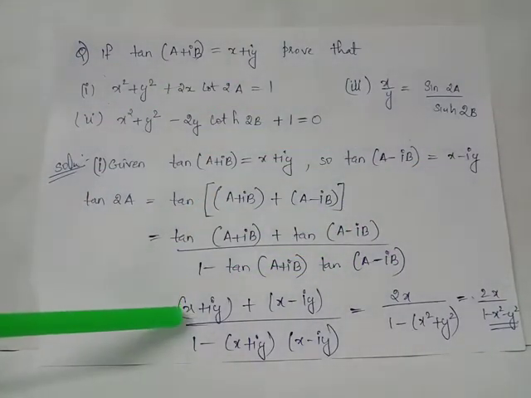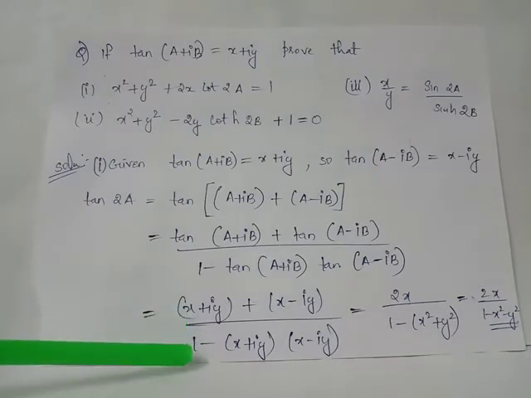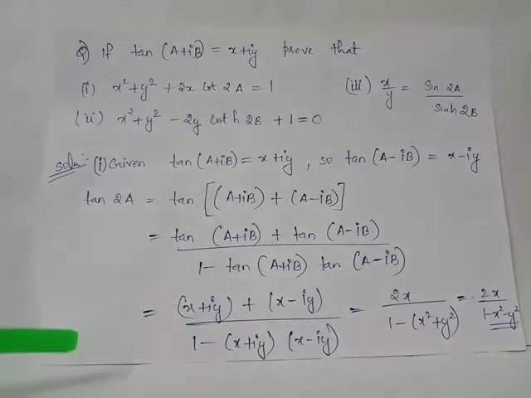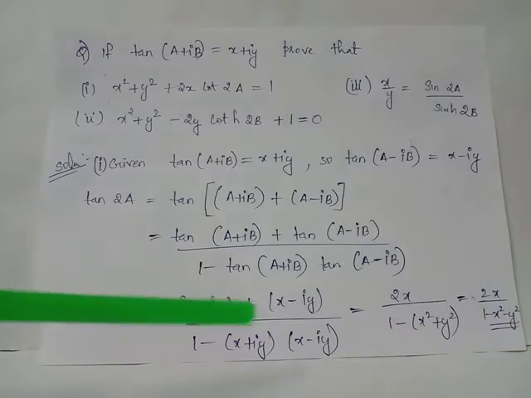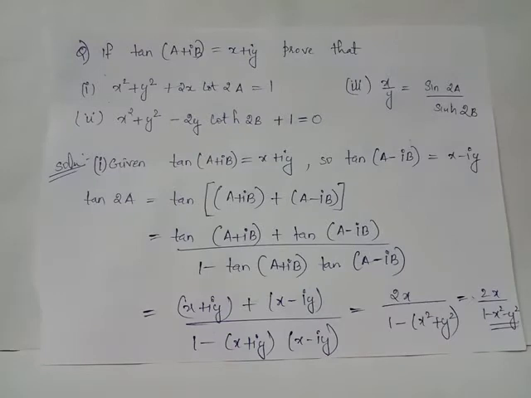Here in the numerator you can cancel iy and negative iy, it becomes 2x. In the denominator, this term is of the format (a + b)(a − b), which becomes a² − b². Here we have a equals x and b equals iy. Therefore we obtain a² − b² as x² − i²y². When we replace i² by −1, a² − b² becomes x² + y² for this expression. Therefore, the denominator becomes 1 − (x² + y²). When the negative sign is multiplied inside the parenthesis, our denominator becomes 1 − x² − y².